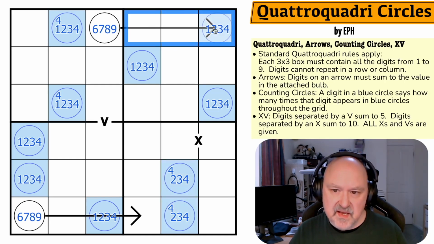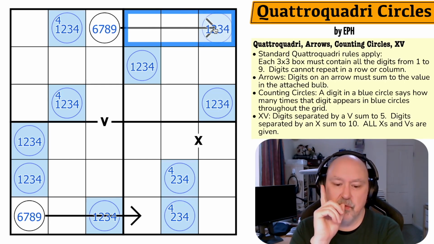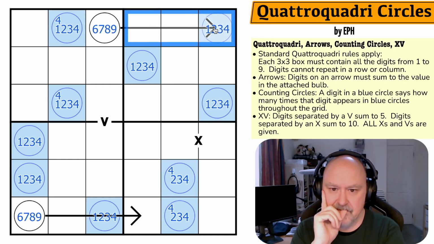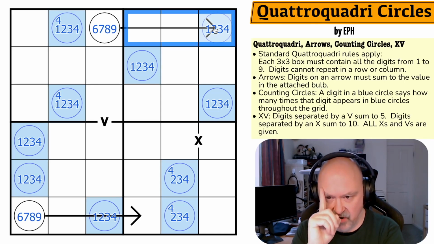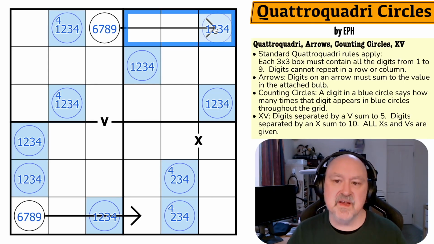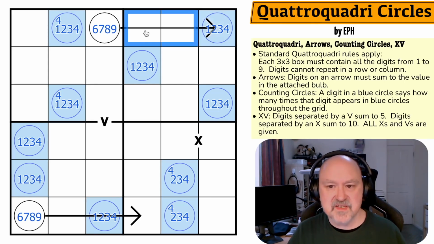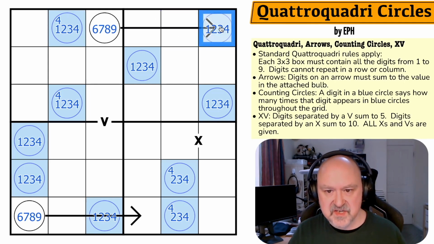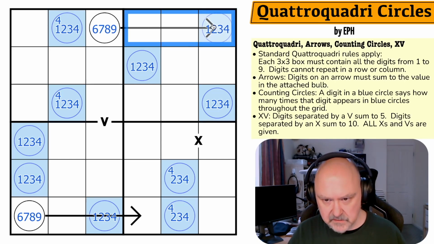There must be another digit from 1, 2, 3, or 4 on that arrow. Actually, forget about highlighting the circles. I think I need to highlight high-low. Yeah, there must be another digit from 1, 2, 3, 4, because if there wasn't another digit from 1, 2, 3, 4 on this arrow,